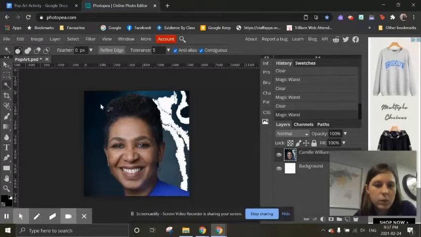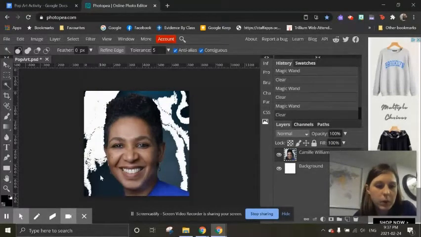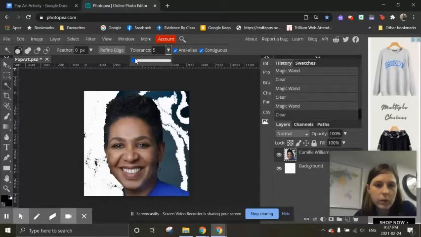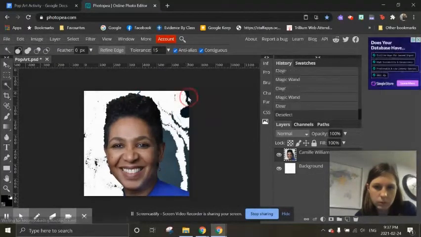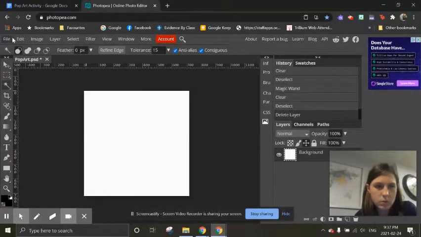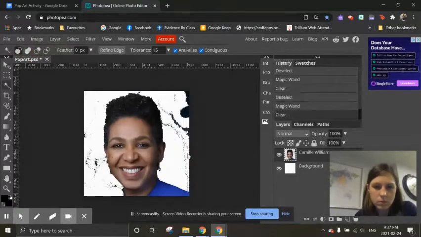Now I was hoping that it would be quick because it's a solid color, but not quite a solid color. Maybe if I turn my tolerance up, it will go faster. Did not mean to do that. There we go. Oops. Not want me to get that last little piece there. Okay. I've gotten most of the